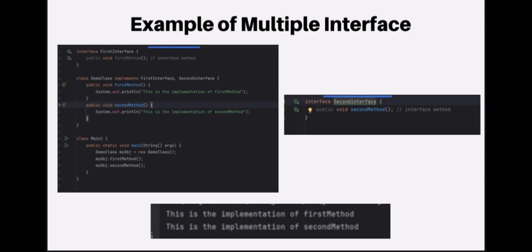We created an object for DemoClass, which implements the first and second interfaces, and we call it myObj, and we call the first method and second method of this object, and that outputs the implementation of the first method and the implementation of